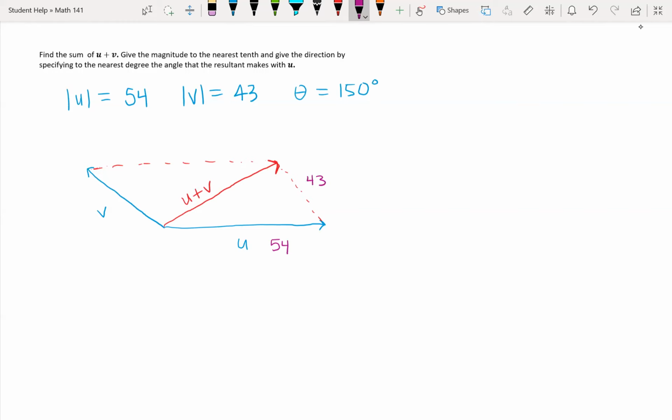We know that this angle here is 150, right? So that means that this angle is 30 degrees. And then this angle also here is 30 degrees because we have a parallelogram. So what I'm looking at is trying to solve a triangle